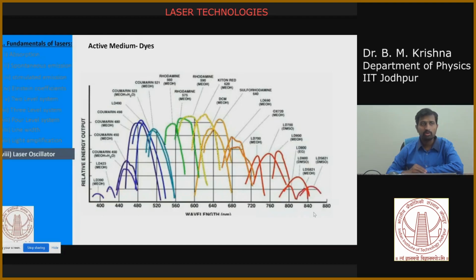Any of the dyes can work, but the thing is, you can make tunable lasers with these dyes, so that you can use different dyes for getting different wavelengths. You combine different compartments to get different types of laser outputs. That is the advantage of dye lasers. You can get tunability across the whole visible spectrum. These are the spectral ranges, and we will also discuss different laser systems, where we can see what spectral ranges they will give.